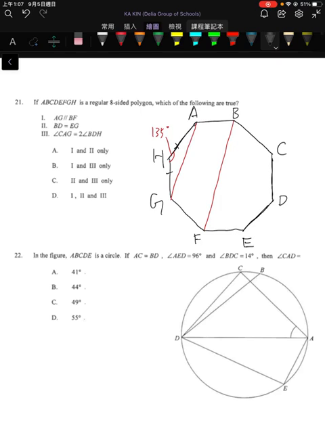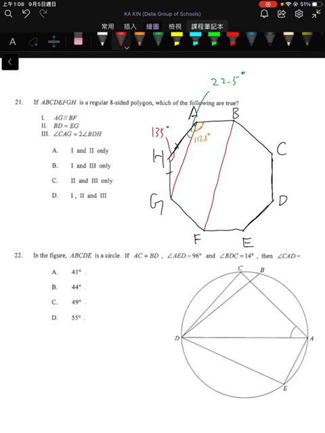So that's why the triangle AHG is an isosceles triangle. Because this is an isosceles triangle, we can find that the angle HAG will be equal to 180 degrees minus 135 degrees, and then divided by 2, and that is equal to 22.5 degrees. Because every interior angle of the regular 8-sided polygon is the same, we can find the angle BAG by simple subtraction: 135 degrees minus 22.5 degrees,